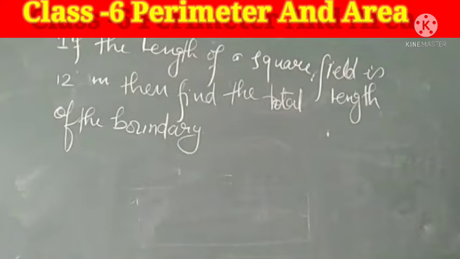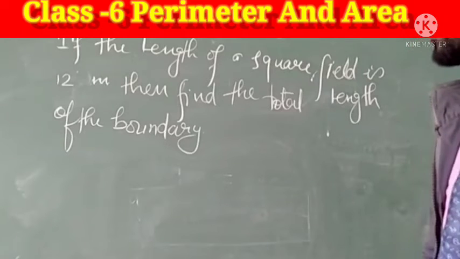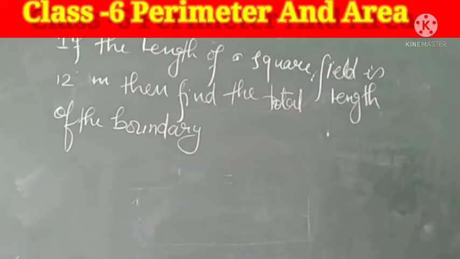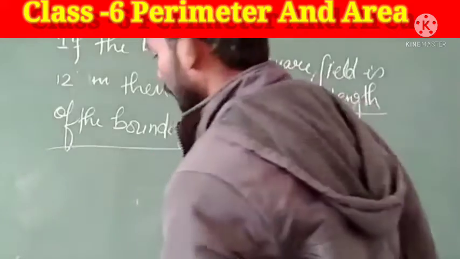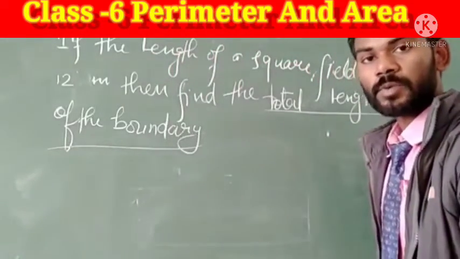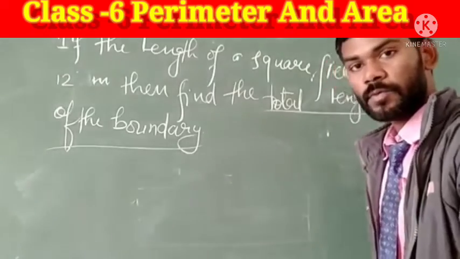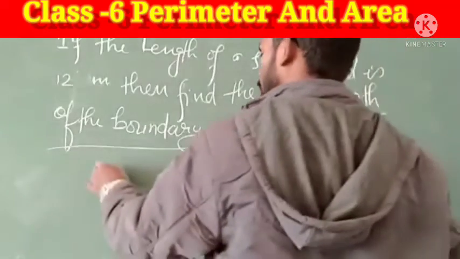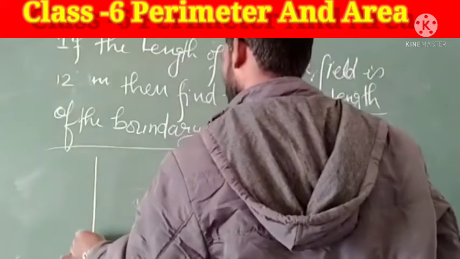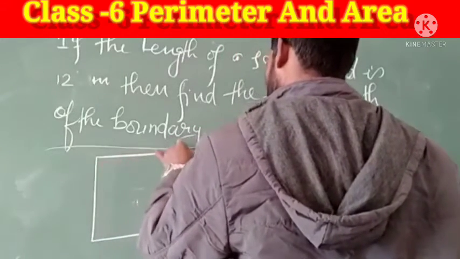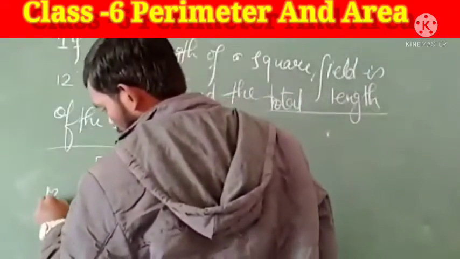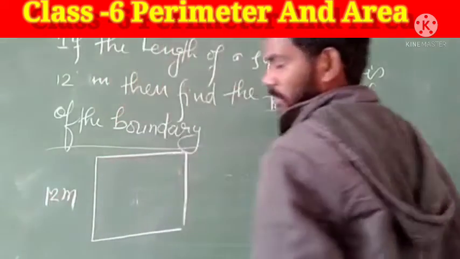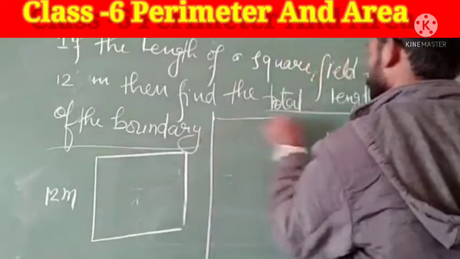Question says that if the length of a square field is 12 meter, then find the total length of the boundary. Total length of the boundary that we have to find can also be referred as perimeter of square. So here we can see that this is a square field having the length of its side 12 meter, and we know that